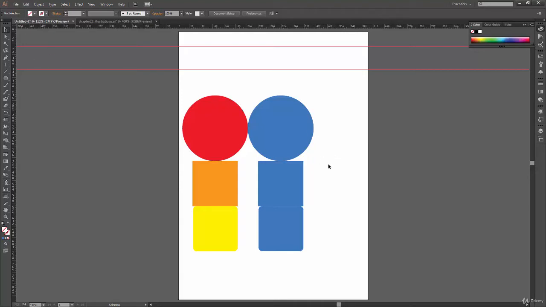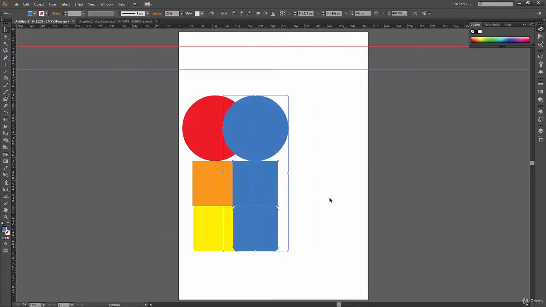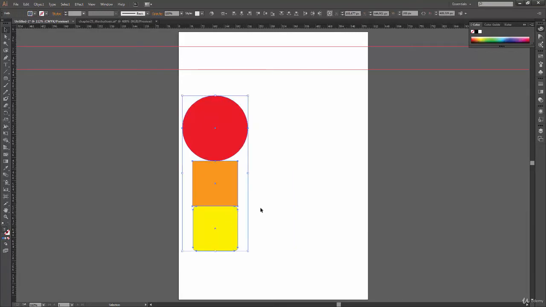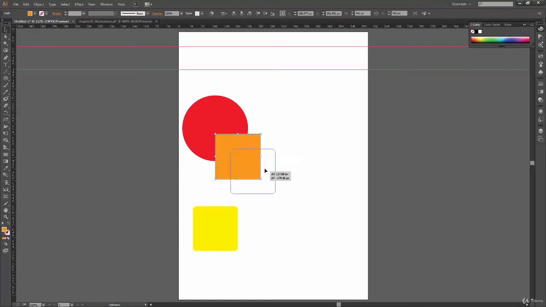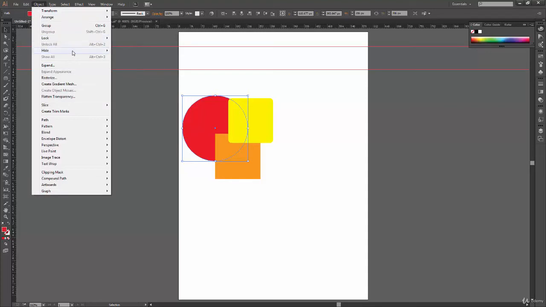Okay, so we have seen how to hide and unhide the objects or guides. Now let us see how we can lock the objects. Before that, we'll see another option about hiding objects. So now what I will do is ungroup this right now and put these shapes one above another. So here I have two shapes above my circle, and I will select my circle right now and go to Object, Hide, and we will select this option first, All Artwork Above.